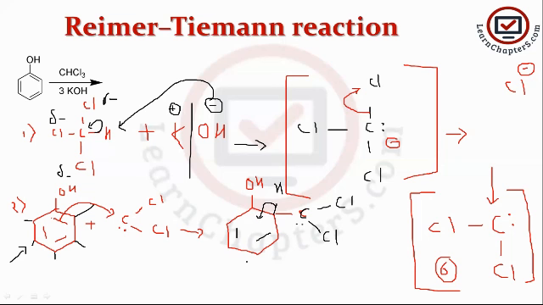Okay, so the next product formed is like this: benzene ring with OH group. Okay, then double bond, here double bond, then double bond. After that carbon, chlorine. Now we have here 2 electrons. Okay, we have 2 electrons and hydrogen gets detached from it.